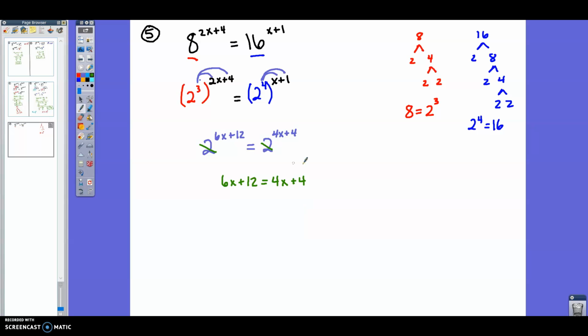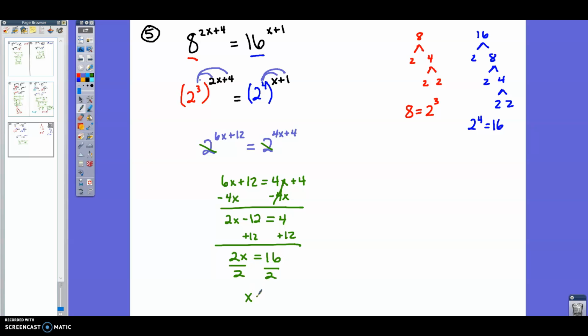So we want to get our variables on one side, so I'm going to move the 4x over by subtracting it. So that ends up being 2x minus 12. And then over here, that goes away, so we're left with 4. So we'll add 12. 2x equals 16. And then divide both sides by 2. So x is